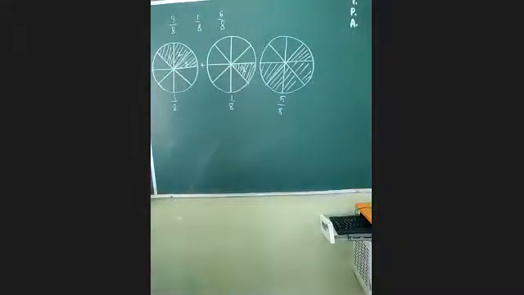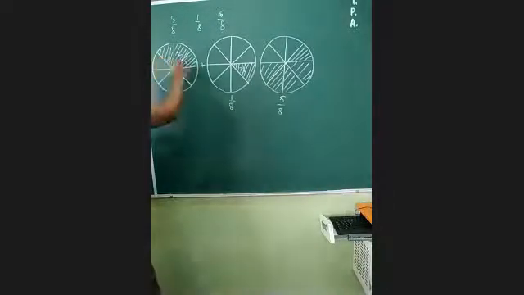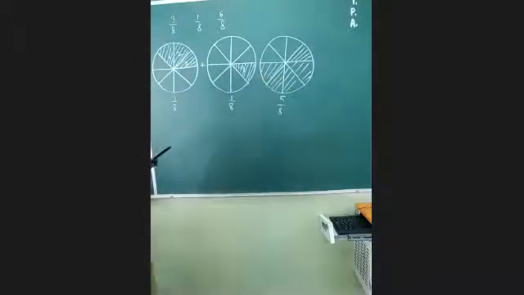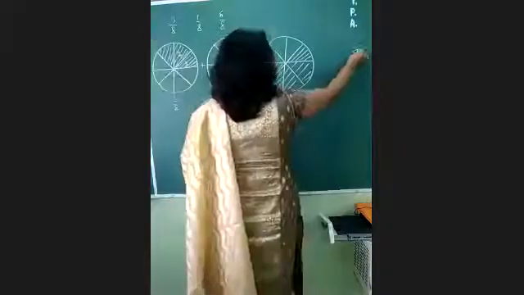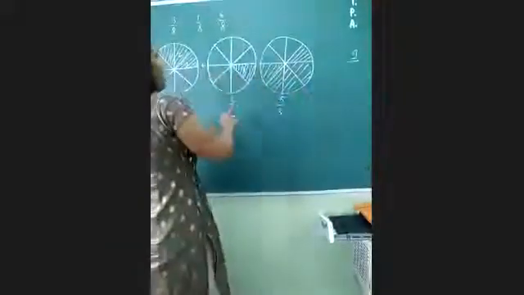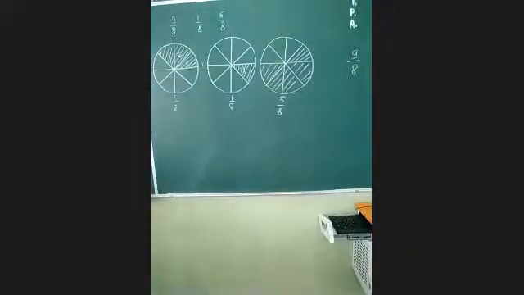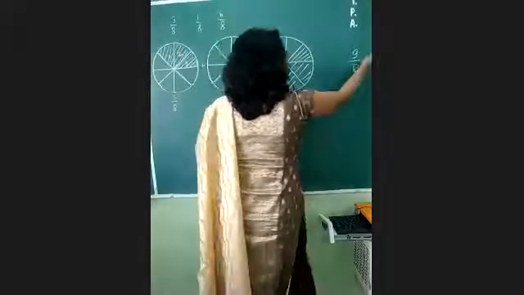Now we will total all the shaded parts, how much it is coming. 1, 2, 3, 4, 5, 6, 7, 8, 9. Total parts are coming 9 which are shaded. So this is 9 and total how many? 8, 8, 8. So it will give you 9/8. The answer would be 9/8. But if you talk about the pictorial representation of 9/8, you should know that it will be 1 whole 1/8.